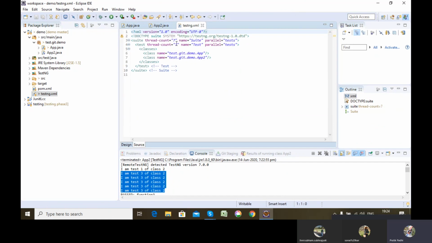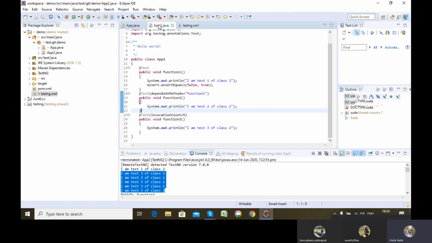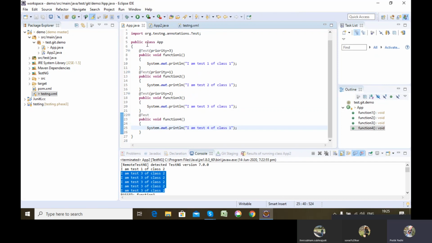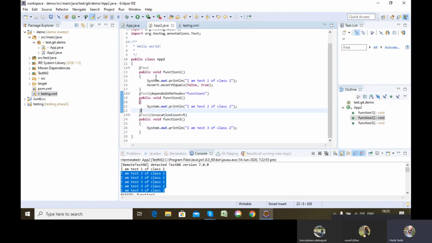So what you will see is that here I will have parallel execution with thread count 7, meaning all the tests present in the suite, these 4 tests and these 3 tests, will be assigned different threads so that they run simultaneously.